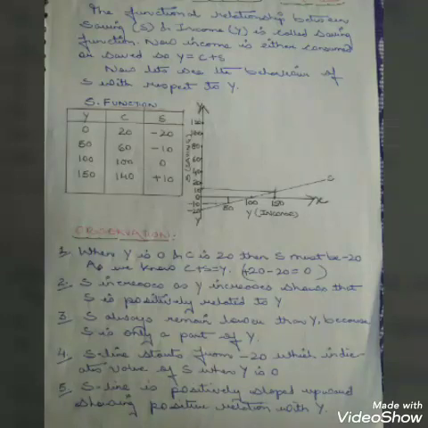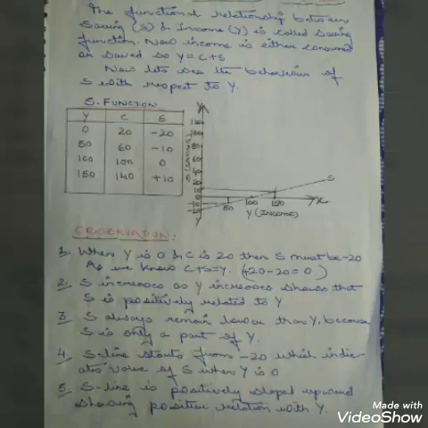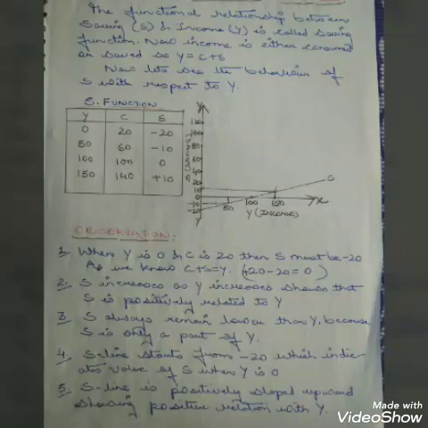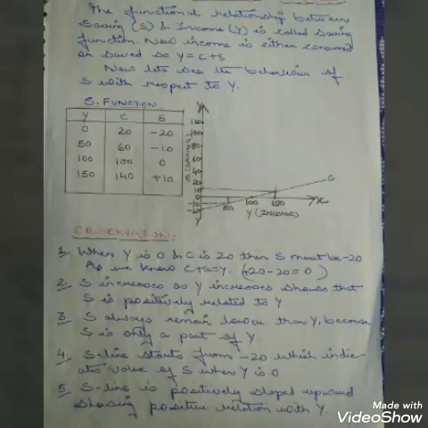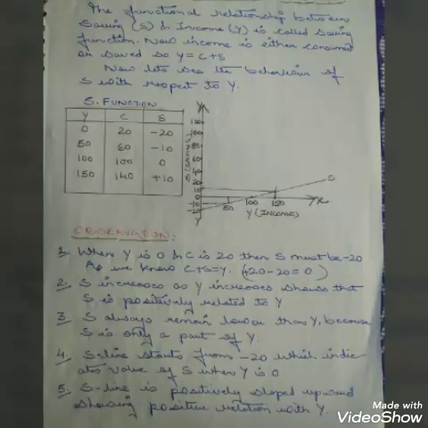Now to come to the diagram side, children, in the diagram, on the x-axis we have taken income and on the y-axis we have taken the saving, that is S. We have seen that when Y is 0, C is 20. When income was 0, consumption was 20, which is known as autonomous consumption, then your saving must be minus 20, as you all know that C plus S equals Y. So if C is plus 20 and saving is minus 20, it comes to 0. So income comes to 0.